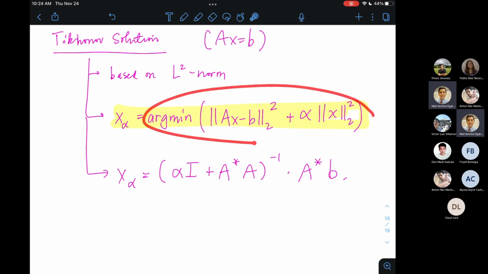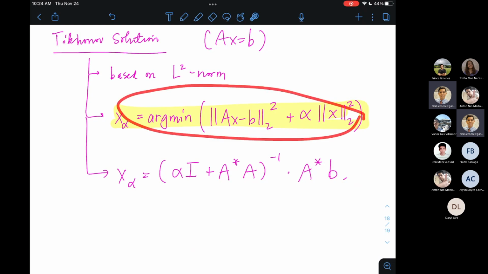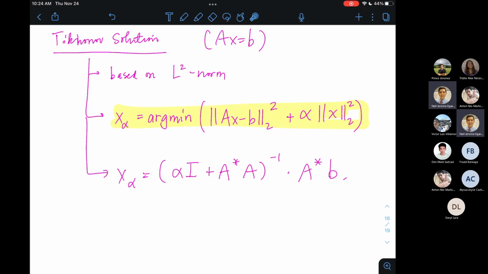Tapos sabi, hindi mo na kailangang isolve ay itong isang malaking optimization problem na yan. Kasi sa optimization problem na yan, meron kang almost 2 degrees of freedom. The first would be the alpha, and the second one is the unknown x. So you have to simultaneously solve for those two parameters or for those two minimizers. So hinahanap mo rito ay isang minimizing pair, right? Pero sabi ng Tikhonov theory, you can reduce the optimization or your problem into a single